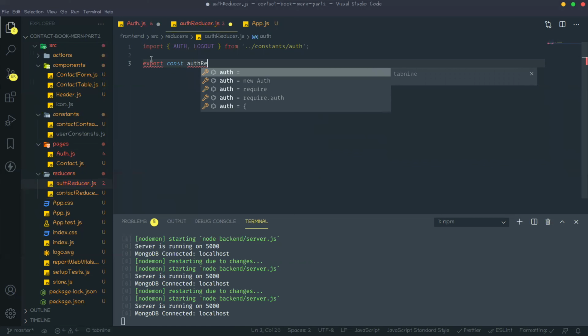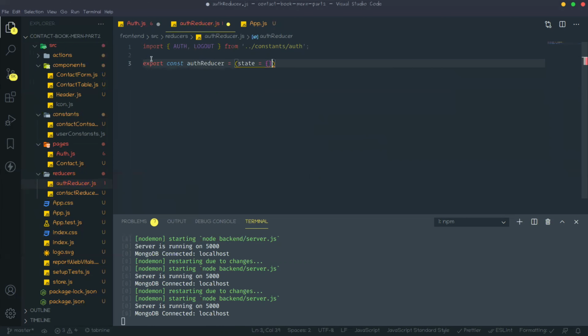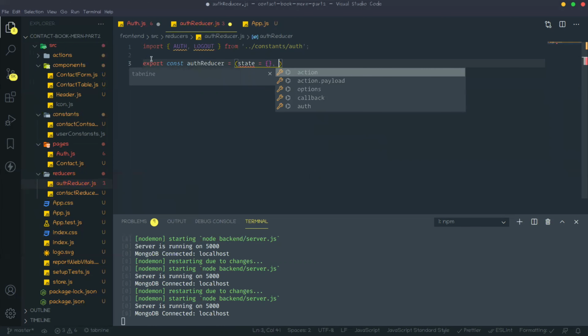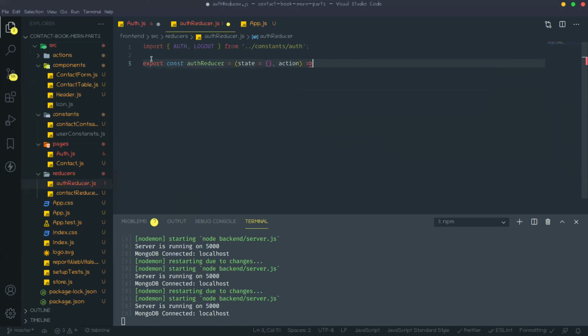We need to create one reducer equal to state equal to blank by default first, then action. Okay, in between that we need to create one switch action type, and here first we need to check that case is auth.